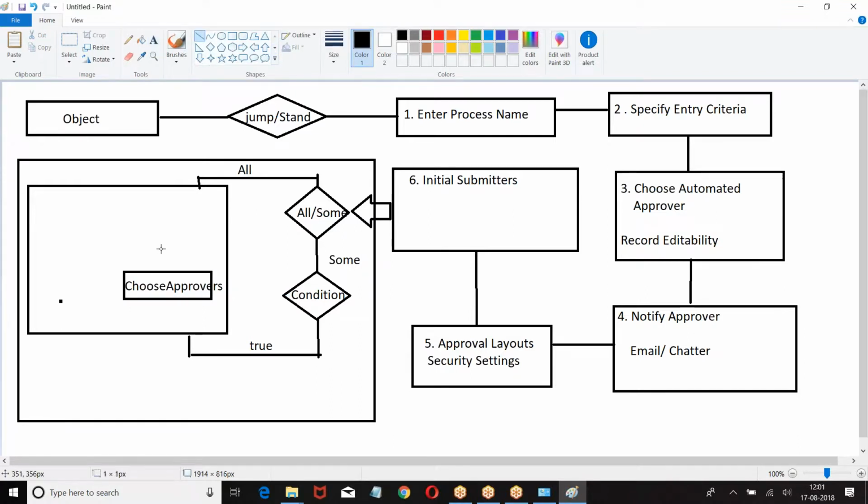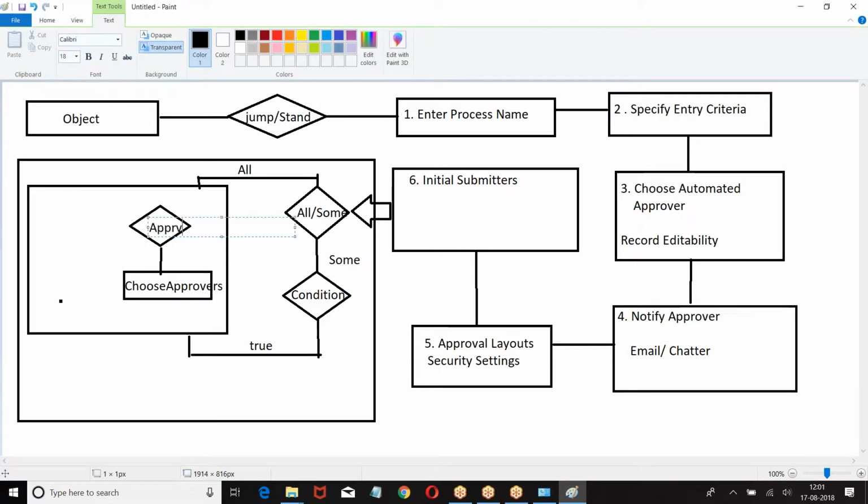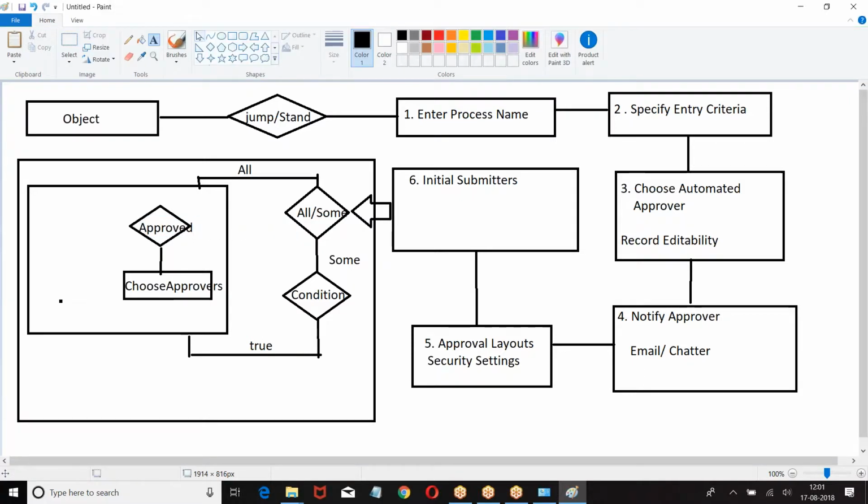Once you approve, approved actions, rejected actions.